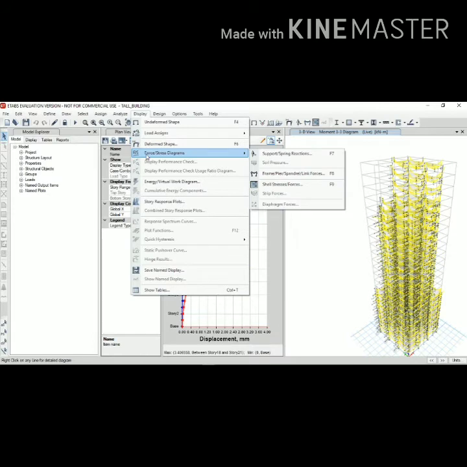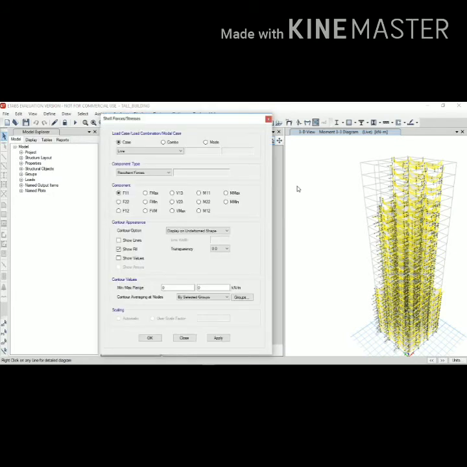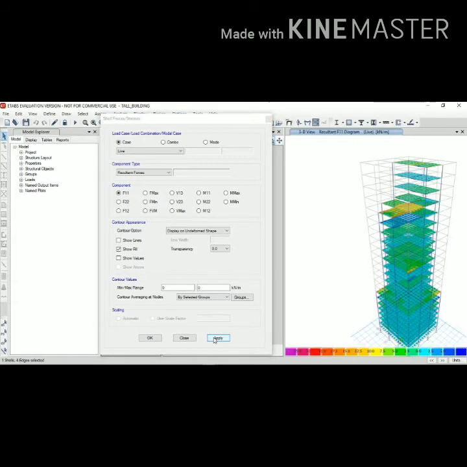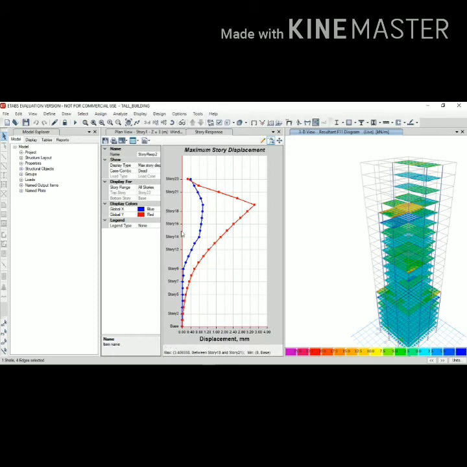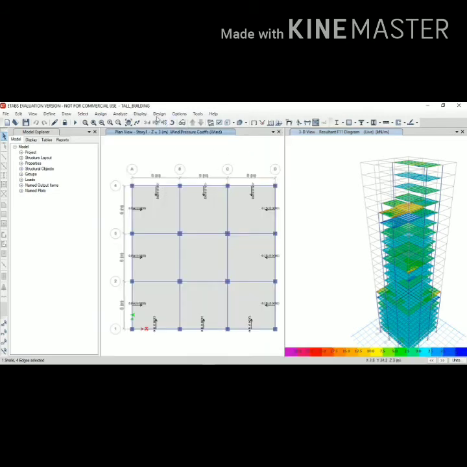Now if you want to show the stiffness of the story or the building model, then we have to go to the Display menu, select Force/Stress Diagrams and then select Story Forces. Now the software will be showing us the stiffness of the stories. So now we are ready for the design process of this building.